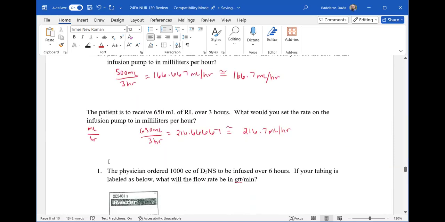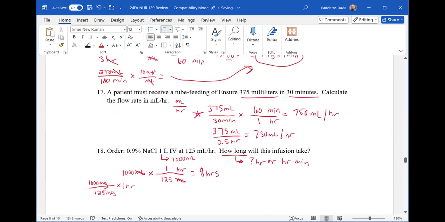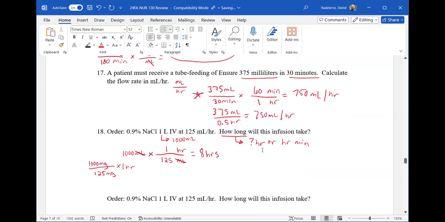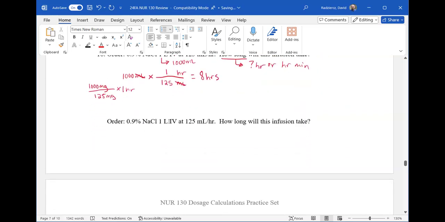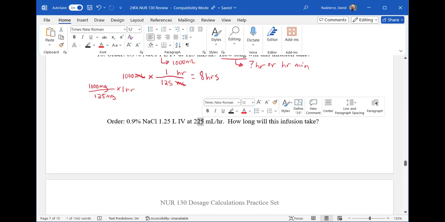Okay. So what I'm going to do here is change this up, and I'm going to say, let's just say this is 1.25 liters, and it's infusing at, let's say, 225 milliliters per hour. And the question is, how long will this infusion take? And a lot of times what they're asking you to calculate is how many hours it's going to take to complete. So I might actually make this 250, because I think if I make it